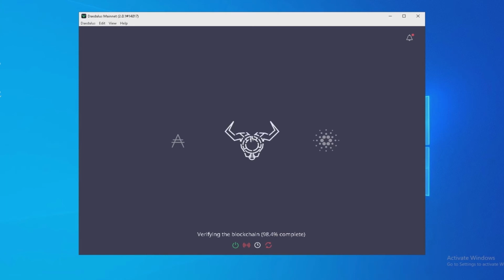Now our blockchain database is almost 98.4% complete. So let it complete to 100%.